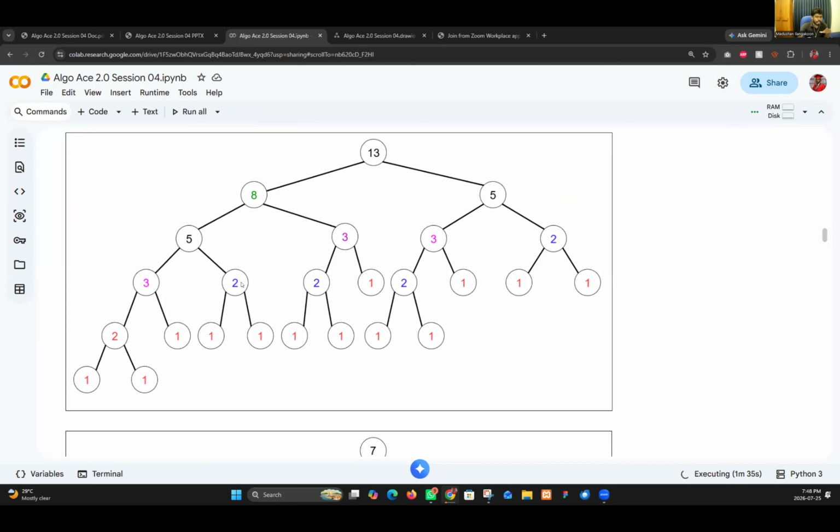It will be 3 and 2. How to make 2? It will be 1 plus 1. 2 plus 3 is 5. Again 1 plus 1, 2. 1 plus 2, 3. Then 3 plus 5 becomes 8.